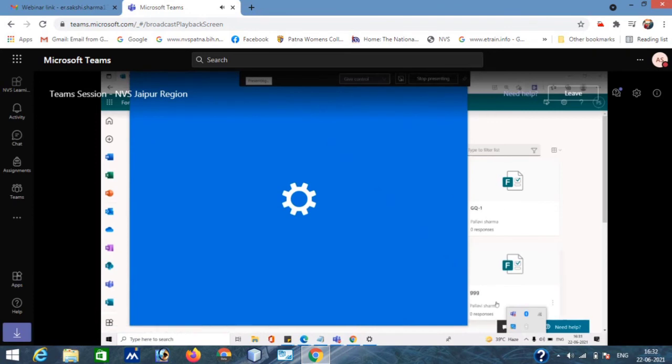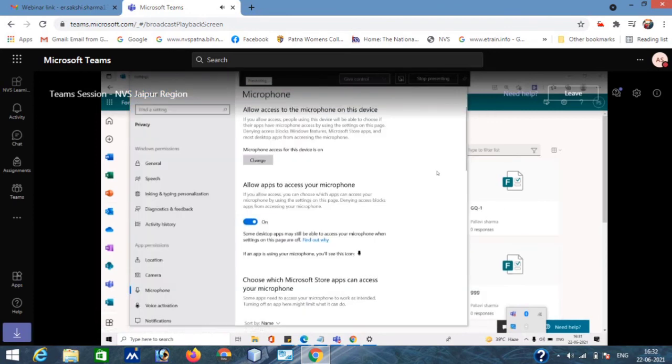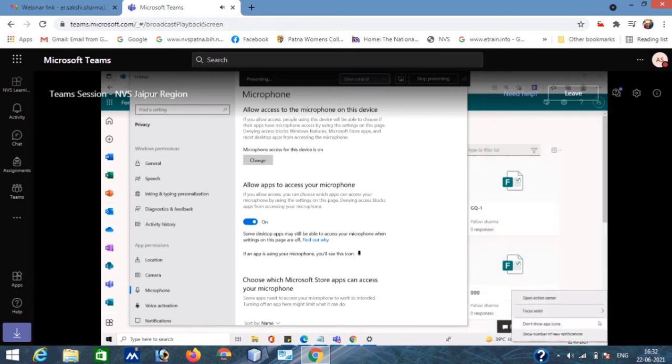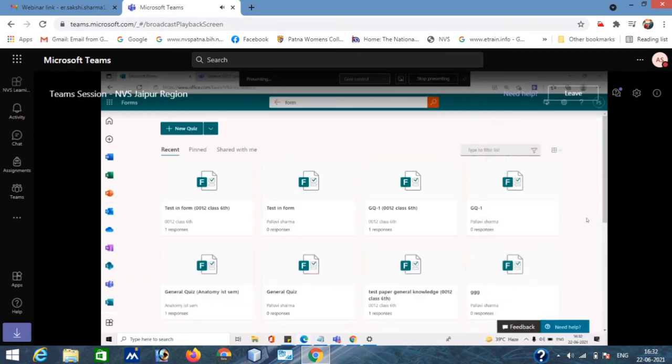It is written just on the right-hand side of the battery icon, English.